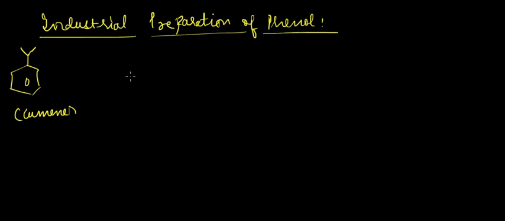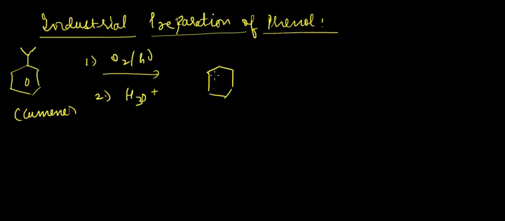First we are reacting it with oxygen in the presence of h nu, and second we are reacting it in acidic medium and providing hydrolysis of the same. So we'll get something like phenol, and what else we'll be getting,